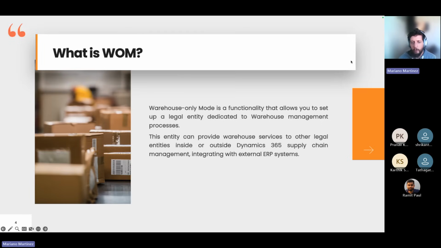So this allows you to have inventory from any legal entity that you could have,